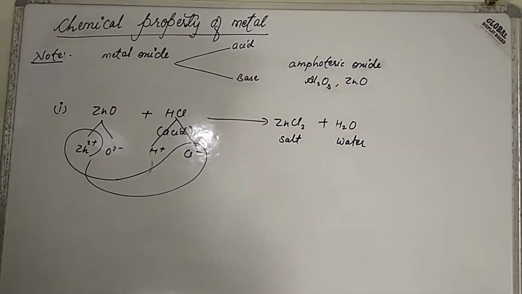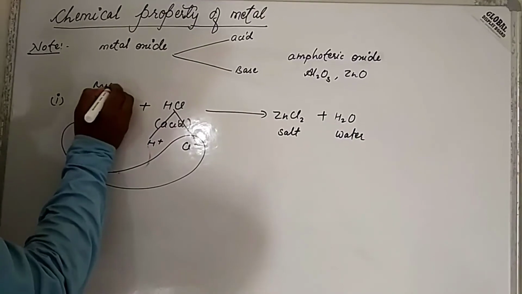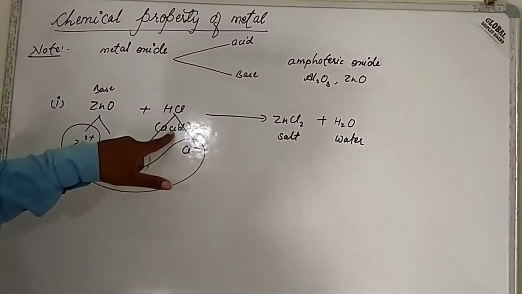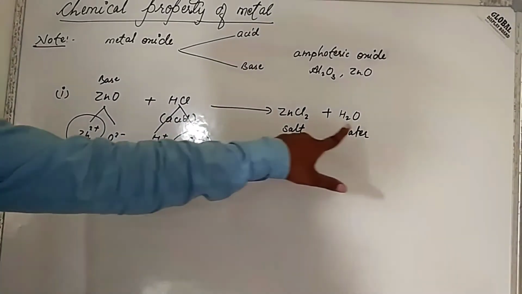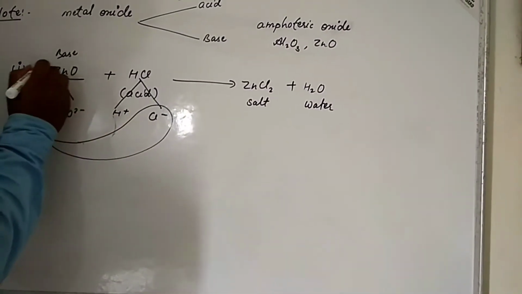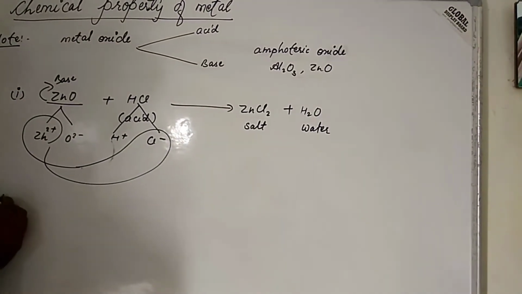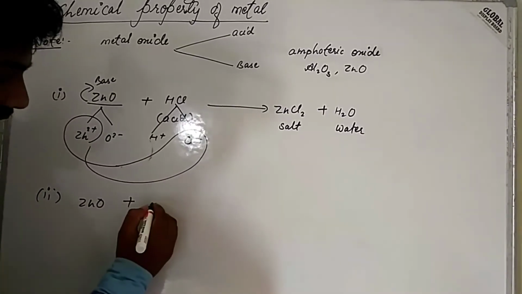So children, here zinc oxide is behaving like a base. It means when acid reacts with base, then they will give salt and water. So here zinc oxide is behaving like a base. Clear, children? Now second example, zinc oxide reacts with